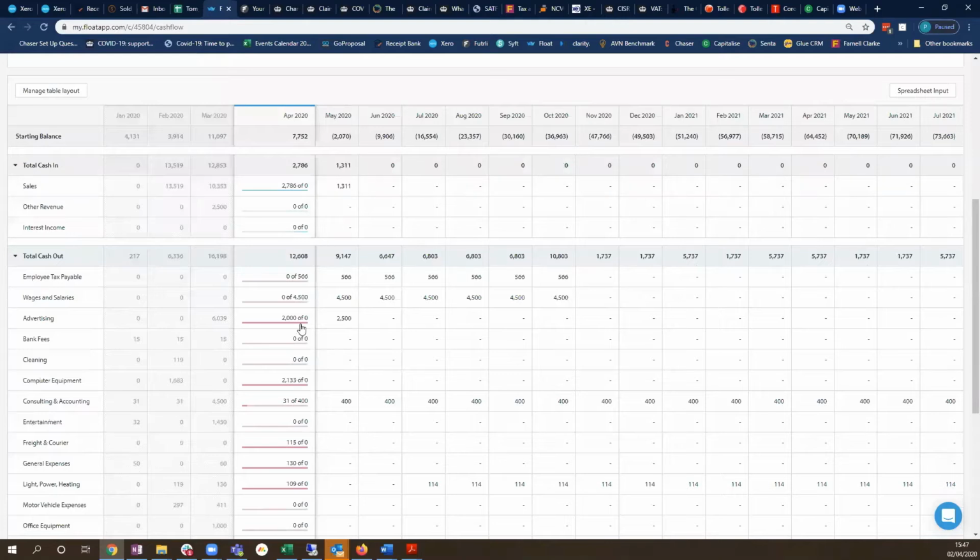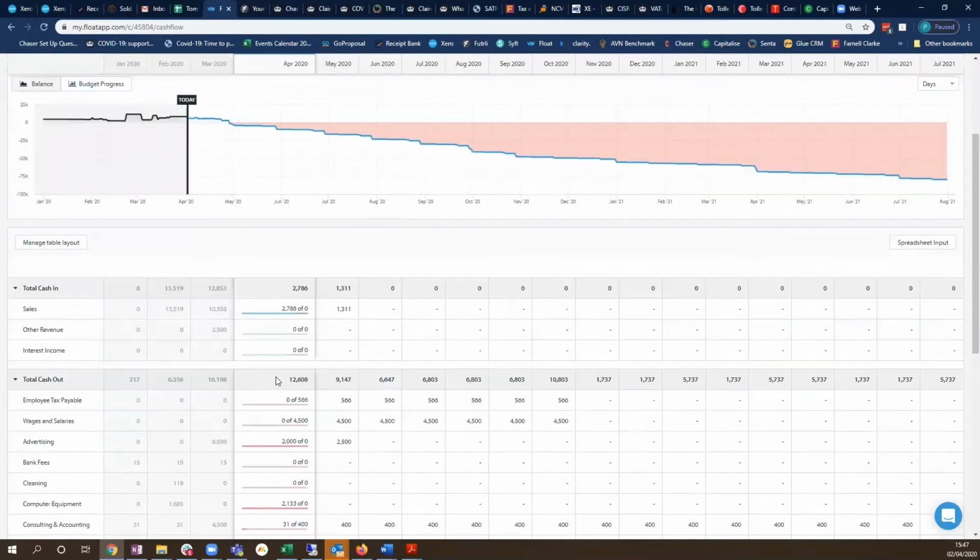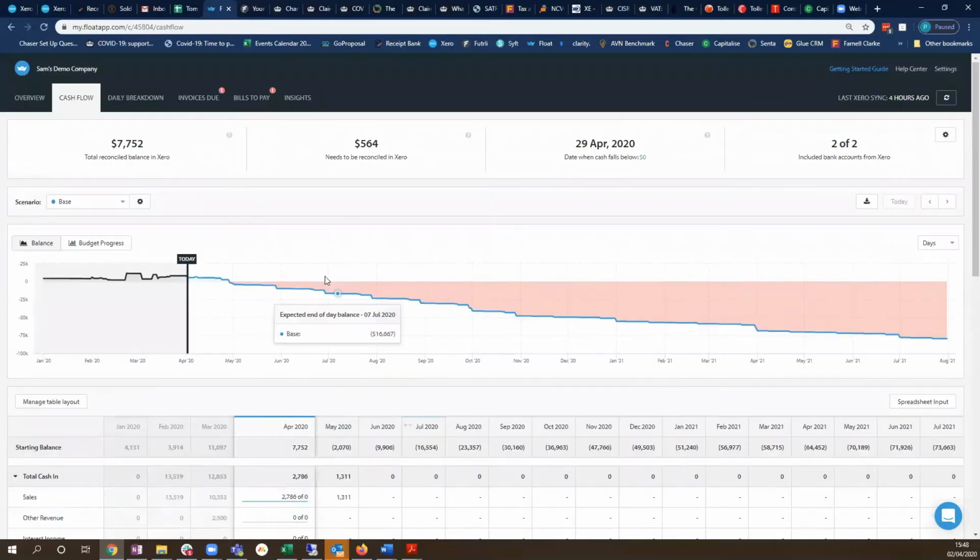I've deliberately started out with not much in here. This is an incomplete forecast, so the sales are just what's in Xero and when they're scheduled to be paid. Some of them are a bit late, out to May. There's no actual sales really put in there. There's a bit of wages going on here. Your data will have past data in here. This is just because the demo data is incomplete. There's a few repeating invoices in here. If there's anything repeating in Xero, it'll show up. Other than that, we'll just build them out.